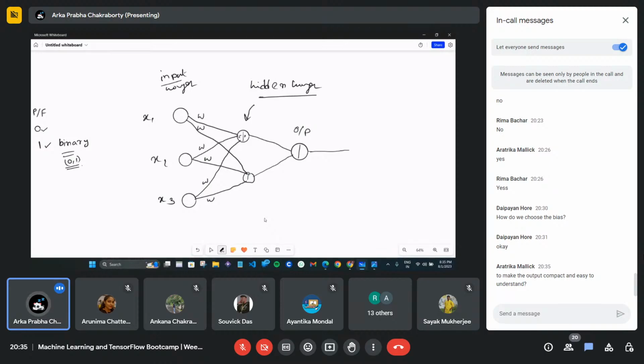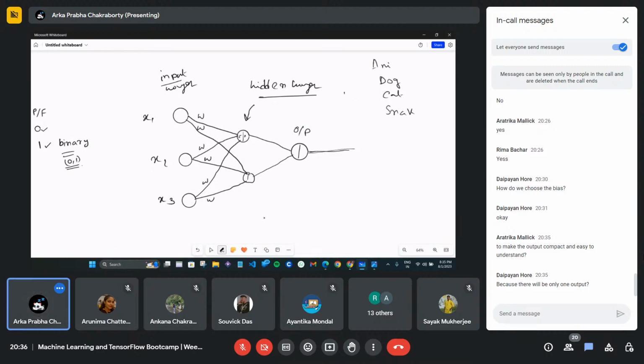My output layer, if I'm considering binary classification. Normally, if you are doing animal classification, like dog, cat, and snake, three classes will be there.